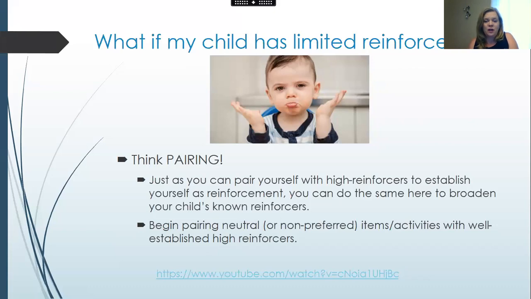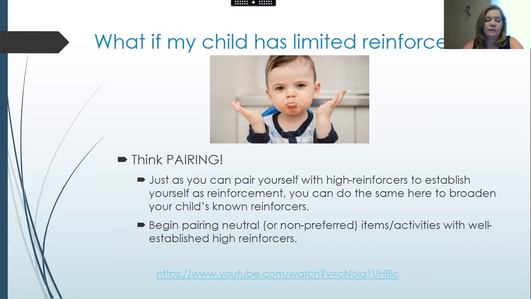And in the end, guess what? That child picked that orange cone, which, I mean, how neutral can an orange cone be, right? And that child really enjoyed using those cones in that way and to play. And guess what? That's one more thing that child can now have, or that teacher can use as reinforcement for appropriate behavior. So we're broadening everything that we can use. Another thing that you can do